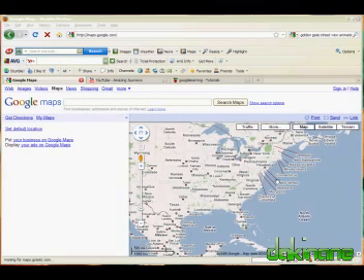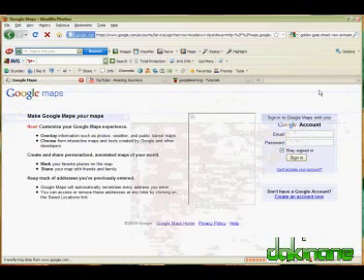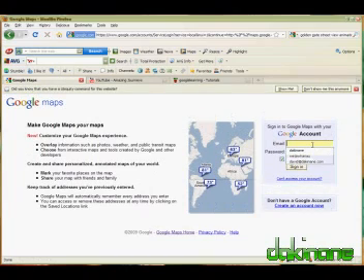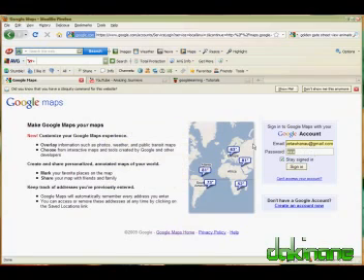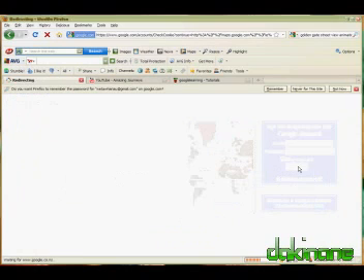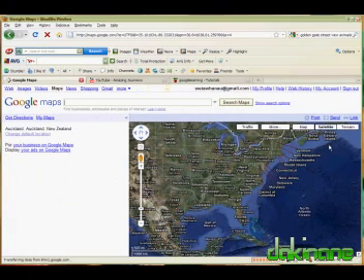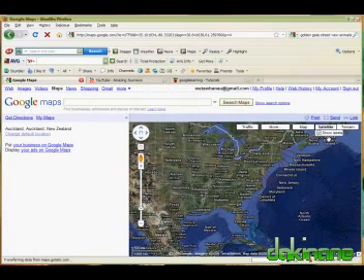So what we're going to do is, once you've created your Google account for Google Maps, I'm going to sign in. So here I'm going to sign in now, and just waiting for Google to start up. I'm going to sign in with my Google Maps account. So I've signed into my Google Maps account, my Google account, and the first thing we need to do is